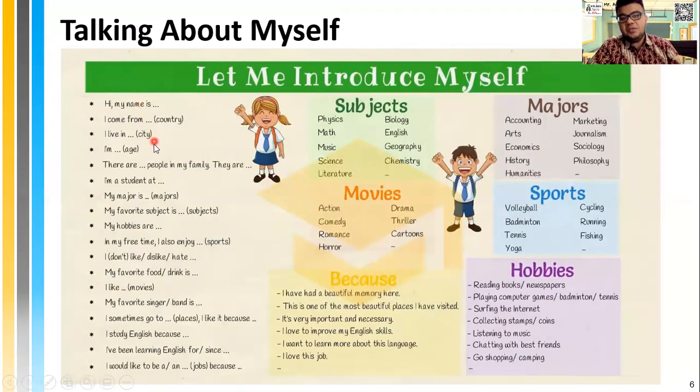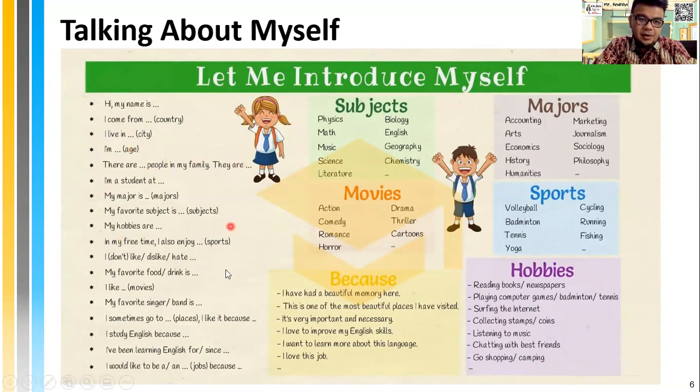For example, hi, my name is Andrew. I come from Indonesia. If you are meeting someone from a different country, I'm from Indonesia. Or I live in Jakarta if you're meeting somebody from another city. I'm your age, I'm 12 years old. I'm 13, 14. I'm 30 years old.